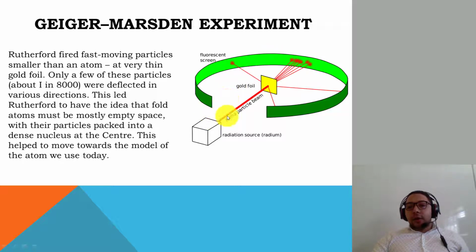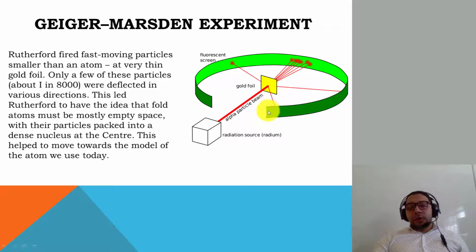He found that most of the alpha particles fired by the source went through the golden foil and were received on the sensor over here. But he also found that very, very few particles got deflected. Deflected means they are not reflected, but they took a different pathway. They went through the golden foil, but instead of being collected over here, they went either to the right or to the left. And a very, very tiny ratio got reflected